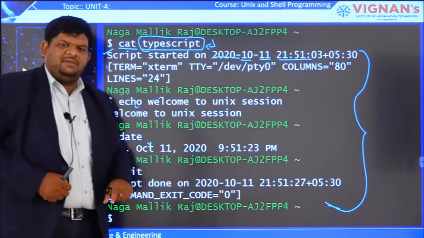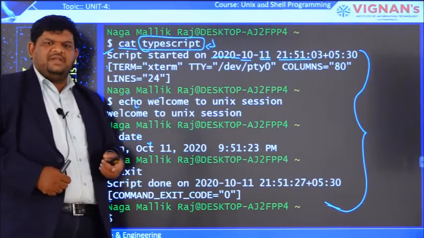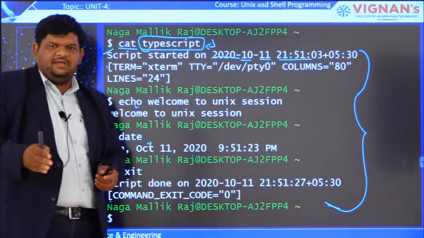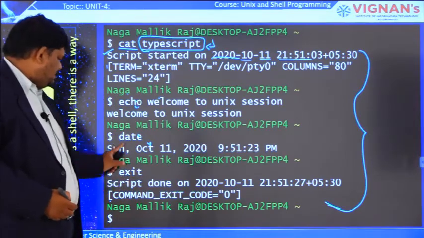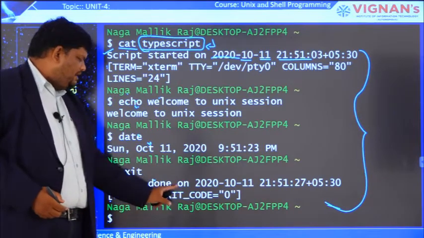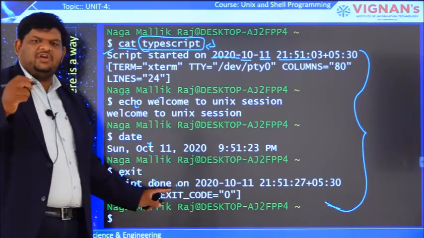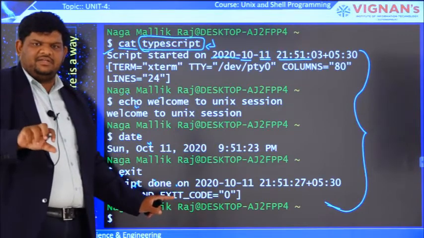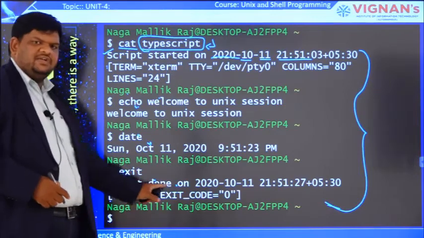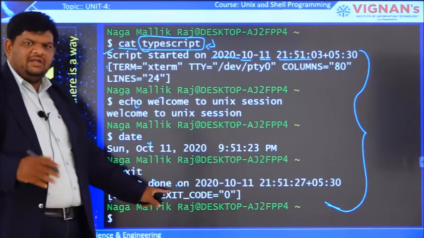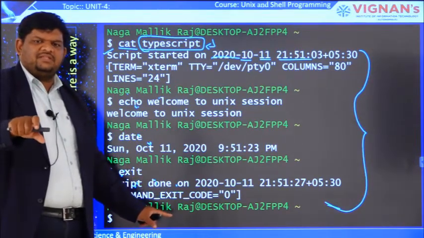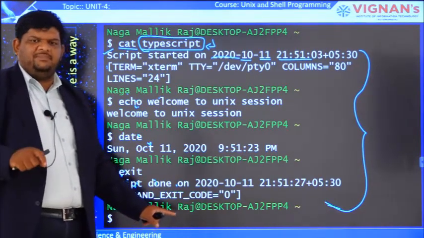After the date command, what I provided in the previous example was Control plus D, which is nothing but exit. That means I want to stop the recording of my current session. So after the date command, exit. After that it shows one more message, "Script done on". This message appears when you stop recording the current session, meaning script execution ended here. Script done means script execution is completed, because providing Control plus D terminates the script command.